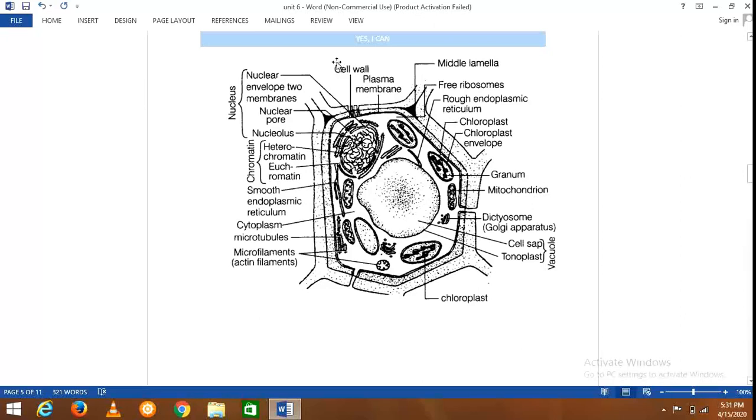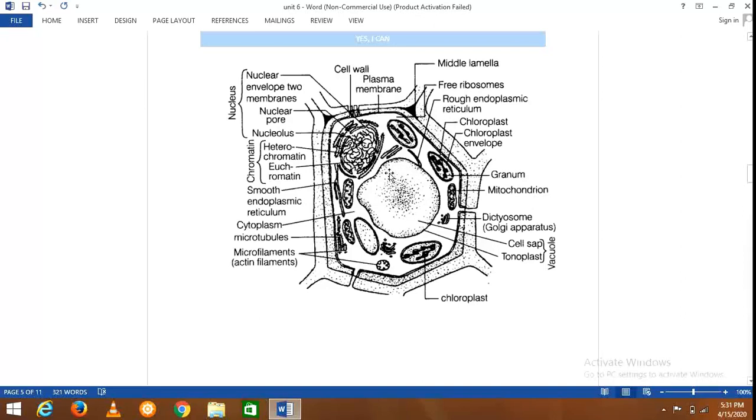For the moment, you need to know about the cell wall and the plasma membrane. So you can see the cell wall is the outermost layer of a plant cell, and this is the cell wall of the adjacent cell, and just inner to the cell wall there is the plasma membrane,